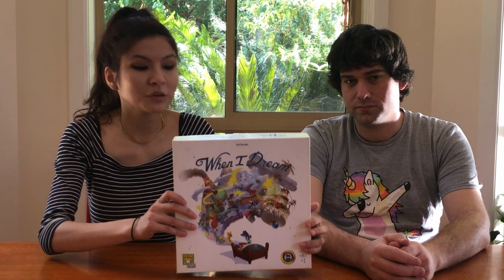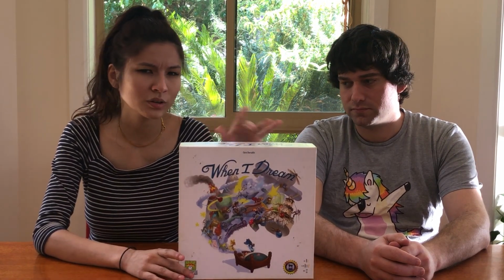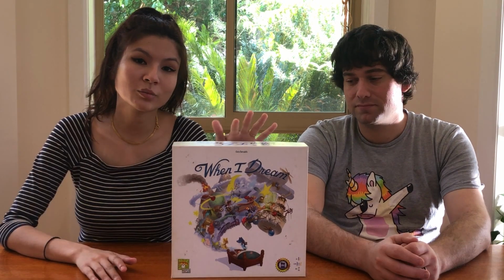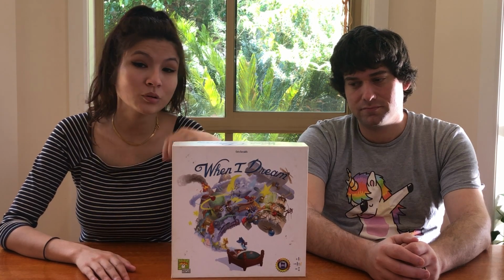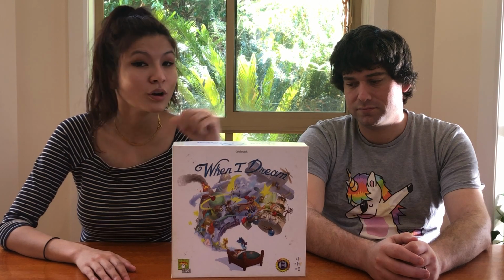So the first game we have is When I Dream. It's a social deduction word association game. I think it's probably the most well-known out of all the games we're going to present today. There will be a player that is the dreamer that will try to guess words. All the people around the table will have different roles and they will try to give good or bad clues